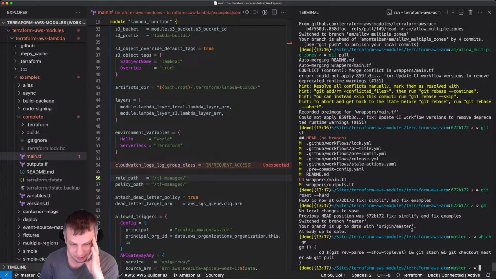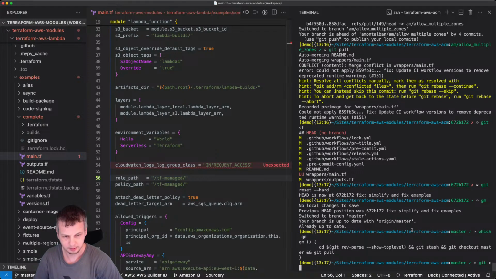Ah, okay, git stash. And the second thing is git checkout 149 force.